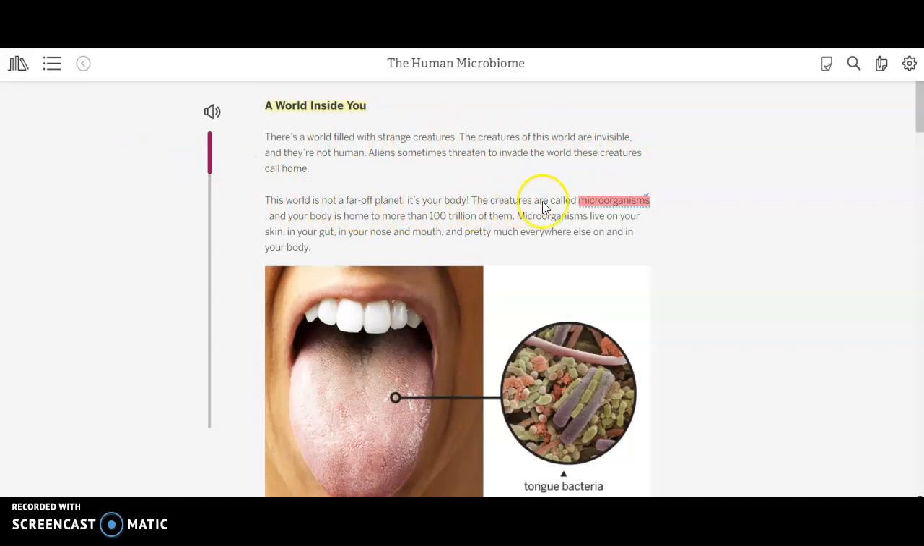So let's see. These creatures are called microorganisms, and your body is home to more than 100 trillion of them. So that kind of supports that there's a world inside us. So we have a bunch of microorganisms living on us. So I think we should highlight this piece red, because